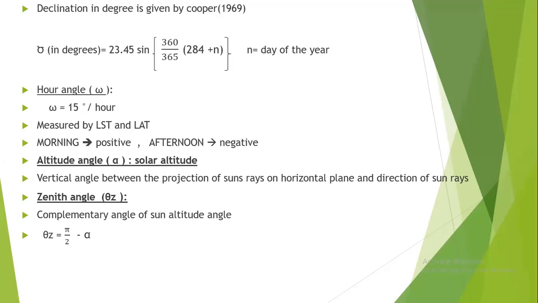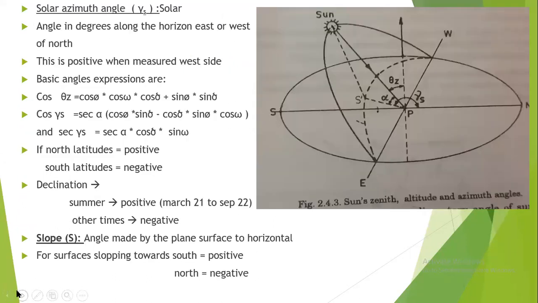Declination in degrees can be calculated by the equation given by Cooper in 1969. Declination in degrees is equal to 23.45 sin(360/365 × (284 + n)), where n is the day of the year. As usual, January 1st is taken as 1, and if you take January 10th, it is taken as 10, like that. So from here we can see the